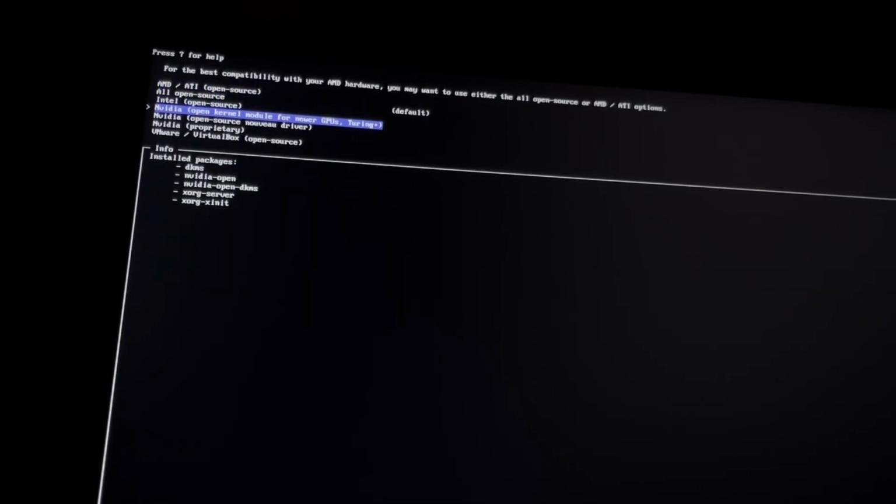Okay, you can go with Nvidia if you have an Nvidia graphic card. Once this is done, now you can go back. You can see your profile is GNOME and graphic card is AMD. Now for audio we will use Pipewire, and for network we will use NetworkManager for GNOME.